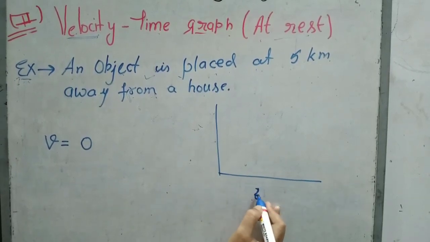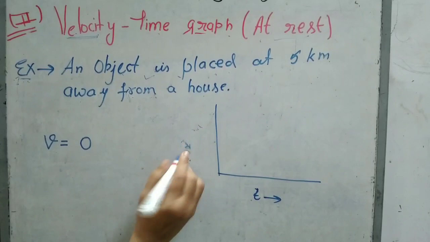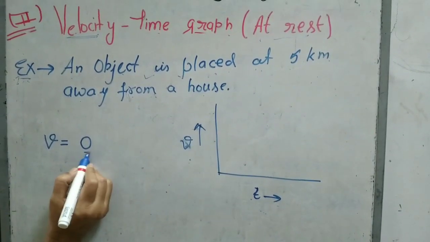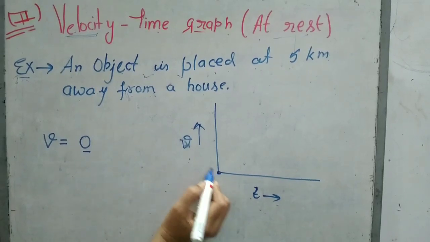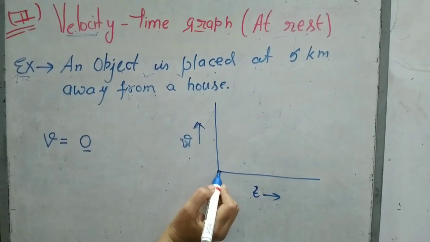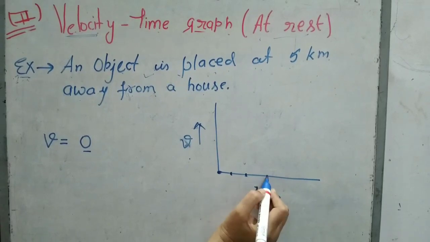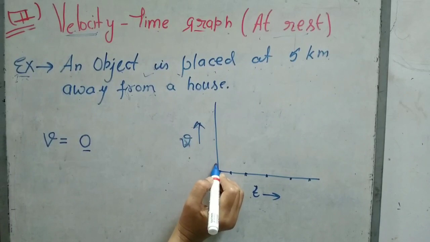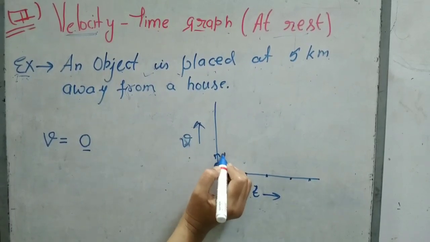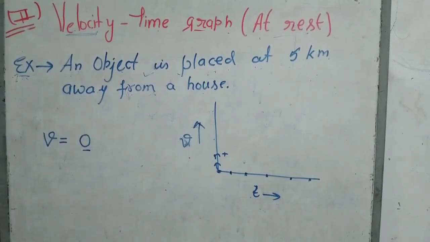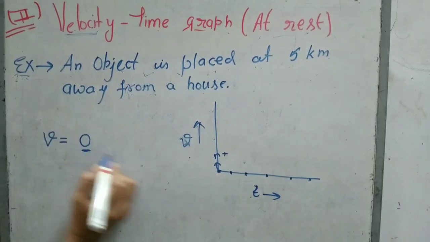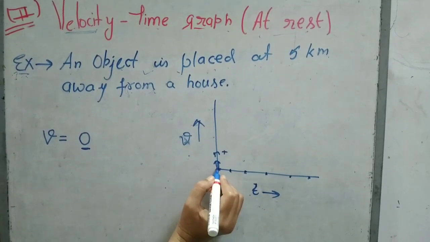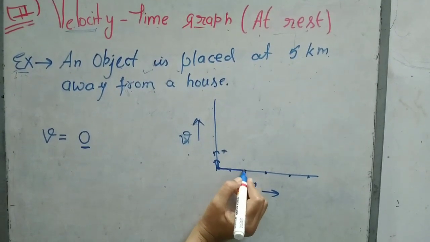So it will be the time axis. Now here it is velocity. We will show velocity over here. Now if velocity is 0, where is 0 of velocity? Obviously this line. On this whole time axis, we can find the velocity is 0. As we move up, we will have some positive velocity. But we do not have any velocity. That means we cannot move up on the vertical axis. We will have to stay on the time axis only.